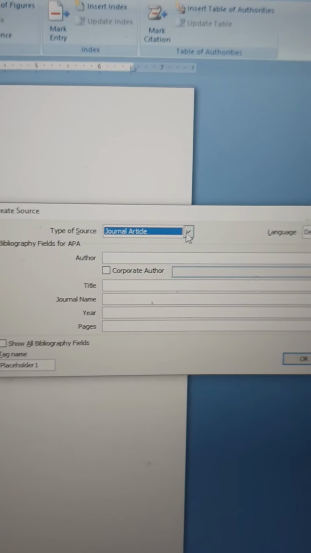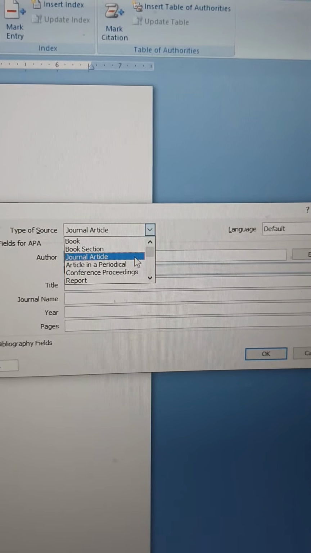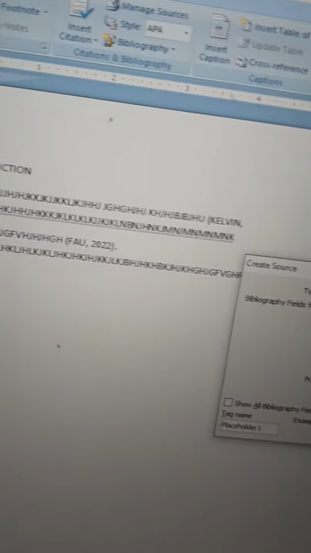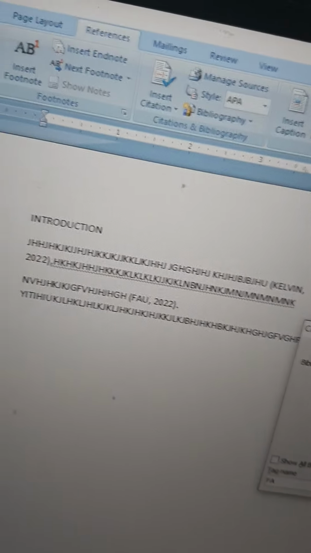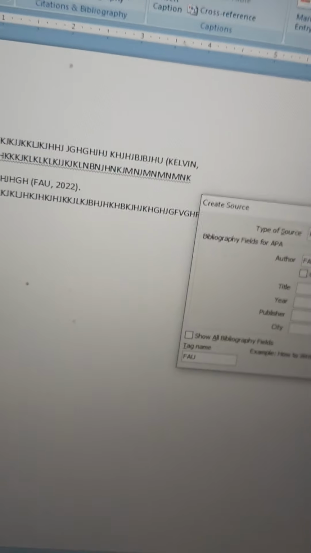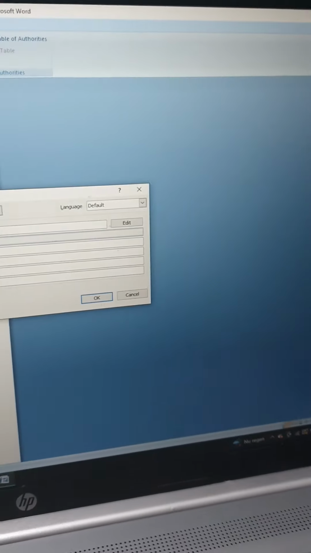So now, if it's not a journal this time around, it's a report. You just put it. Okay, the author of the report is Fau Ka. Then the title would be Ize. Then the year would be